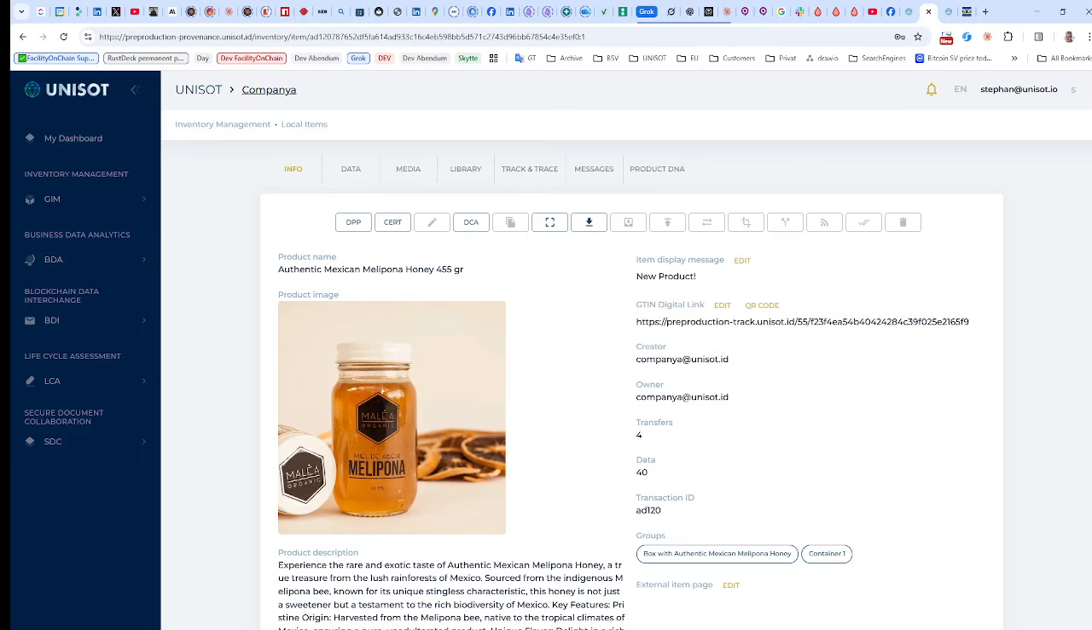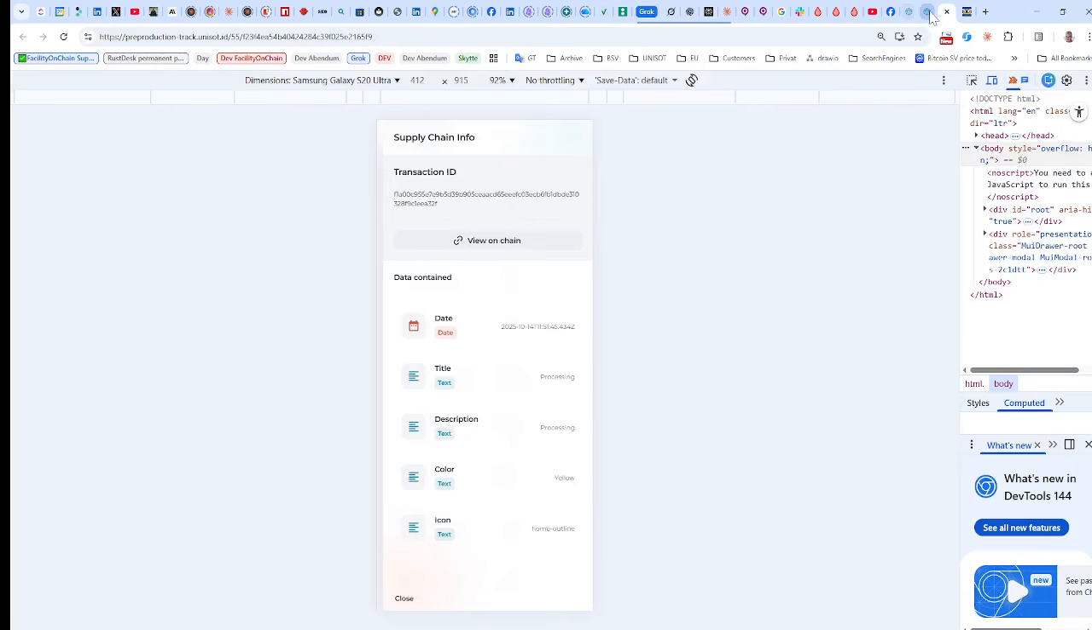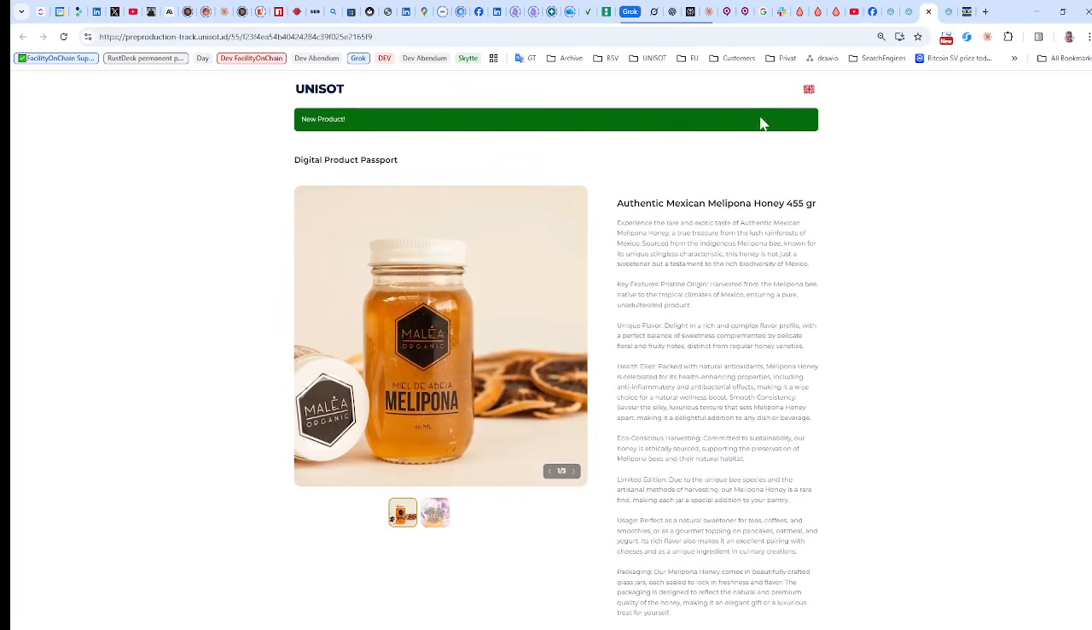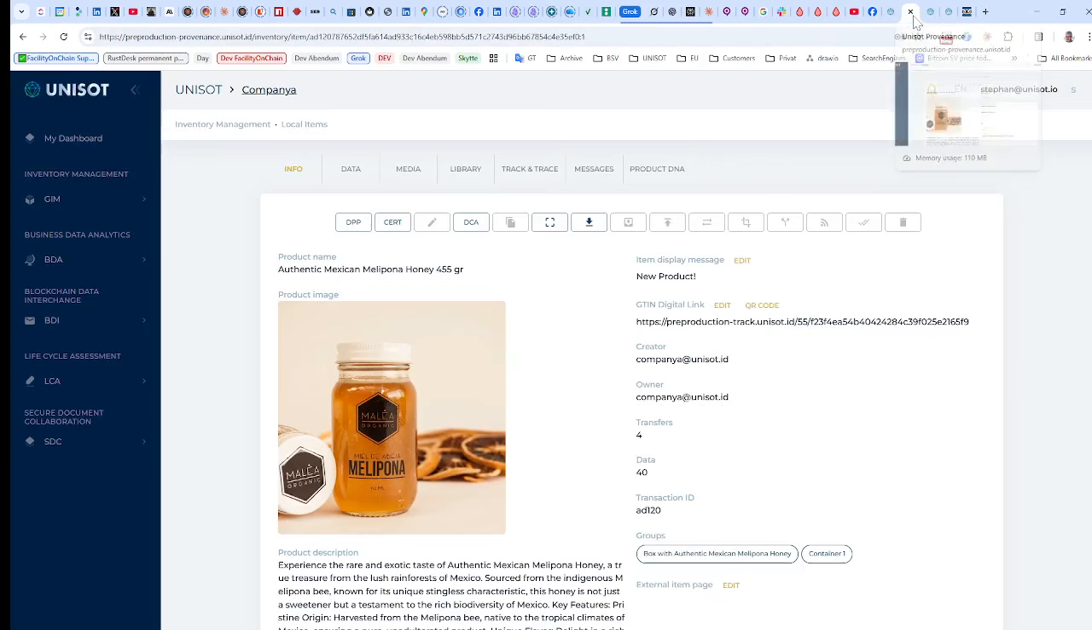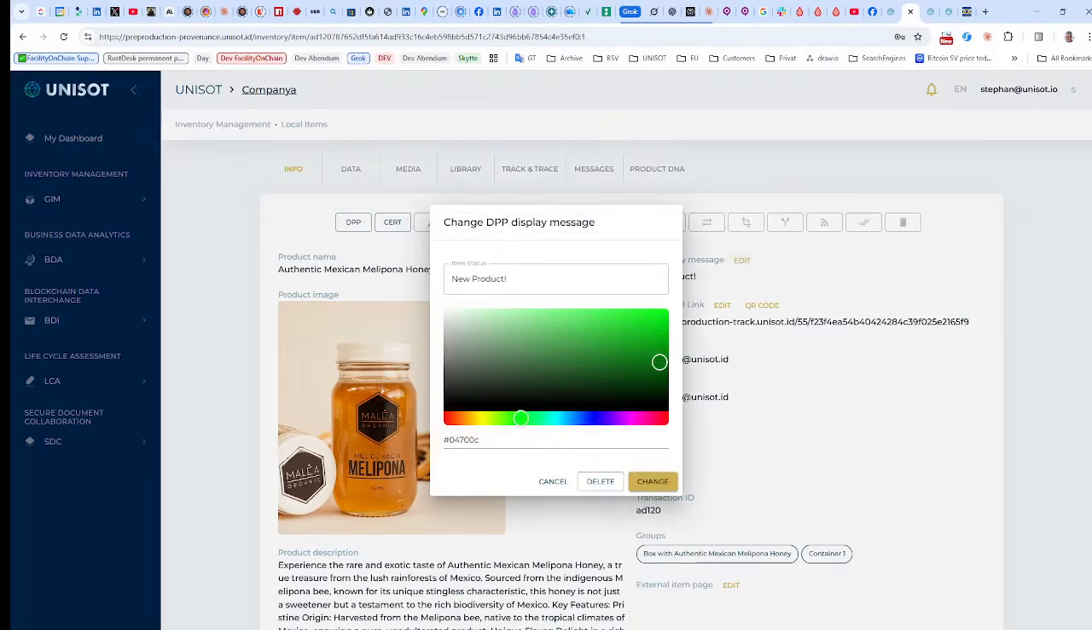Anything more? Yes, I can show. We can show this display message here. So if we go back to the digital product passport, let's open it again. There, this green bar up here. So you can give different messages at different times. So I can change this here now. I can edit it to recalled product, make it red, change. So that now means that if a customer, or when a customer